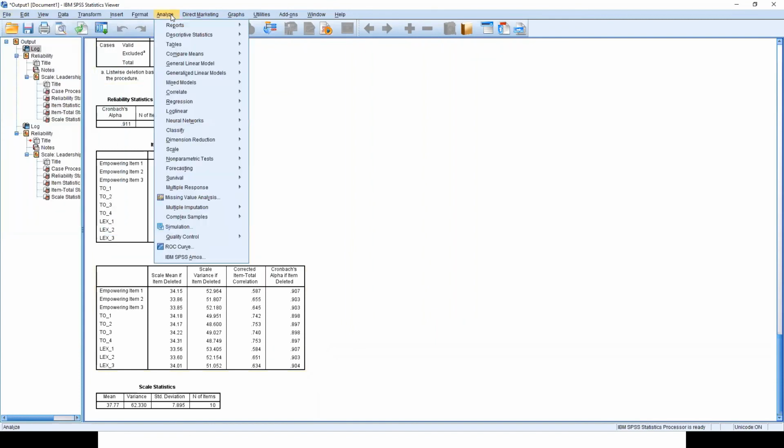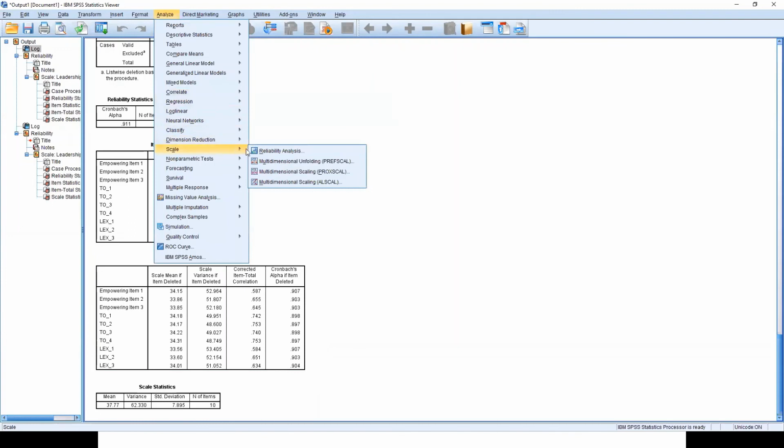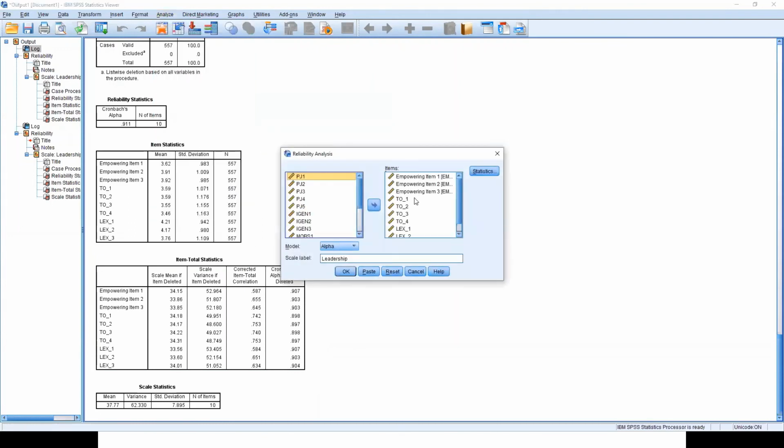So this was for overall. Now what will be the reliability for just the first dimension? I select all of this and draw. So I'm just retaining the items of the empowering dimension. I call this empowering.